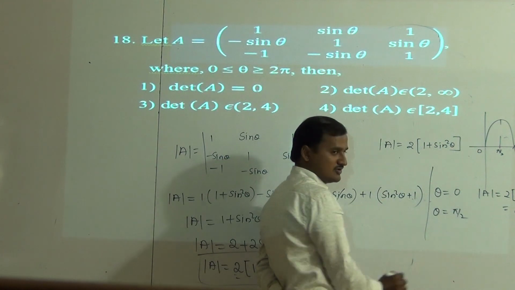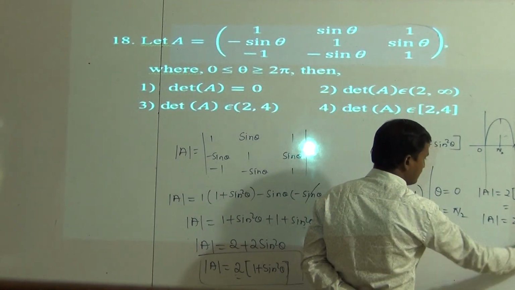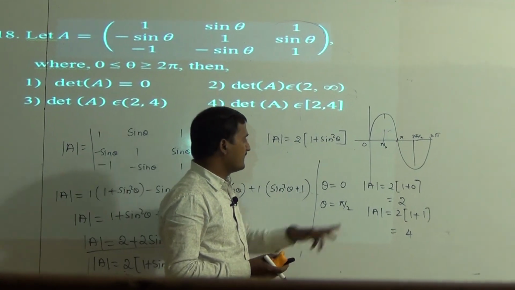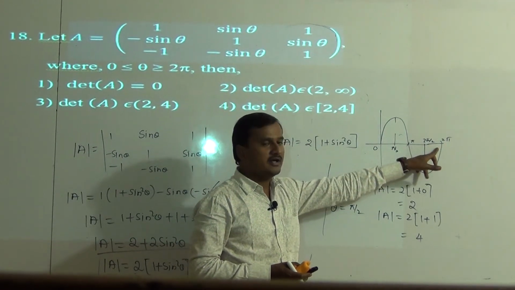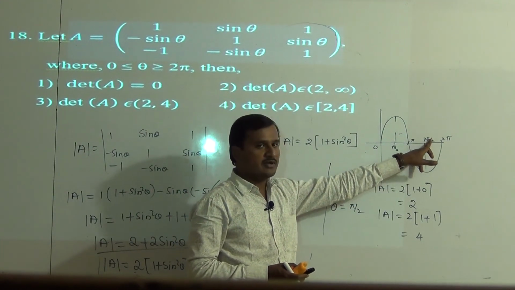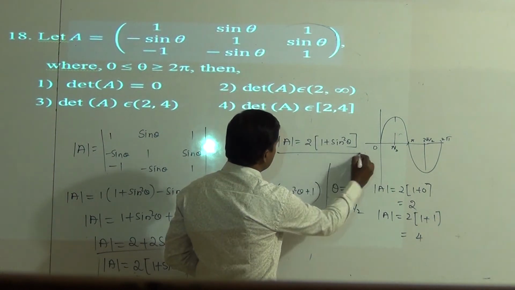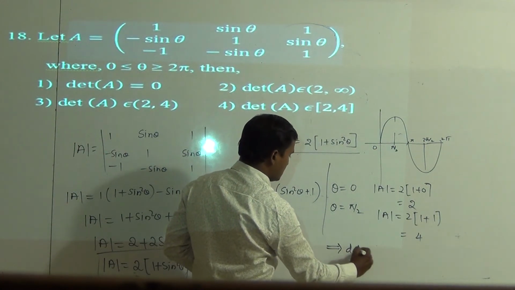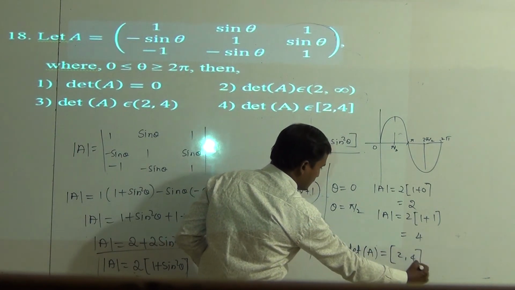Similarly theta is equal to pi by 2. So what is the value of determinant of A? 2 into 1 plus 1. So therefore clearly it becomes 4. And if you take the same values for pi, if you take theta equal to pi and 2 pi, the value of the determinant is equal to 2. If you take theta equal to 3 pi by 2, then the value of determinant is equal to 4. So therefore the value of this determinant lies between 2 and 4. So therefore determinant of A is equal to 2 to 4, closed interval 2 to 4,